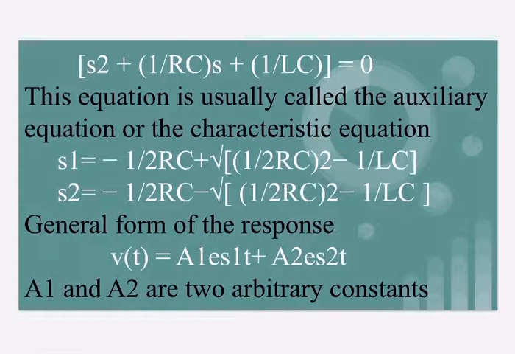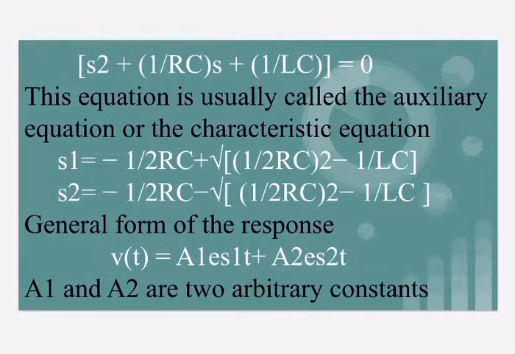Further, the constants S1 and S2 can be real numbers or conjugate complex numbers, depending upon the values of R, L, and C in the given network. These two cases will produce fundamentally different responses. Therefore it will help to make some simplifying substitutions in the equations for S1 and S2. Since the exponents S1t and S2t must be dimensionless, S1 and S2 must have the unit of some dimensionless quantity per second. Hence in the equations for S1 and S2 we see that 1 by 2RC and 1 by root over LC must also be in units of per second.